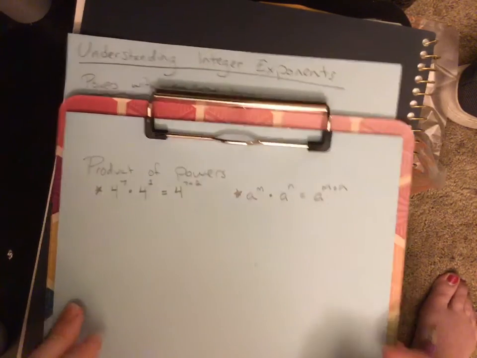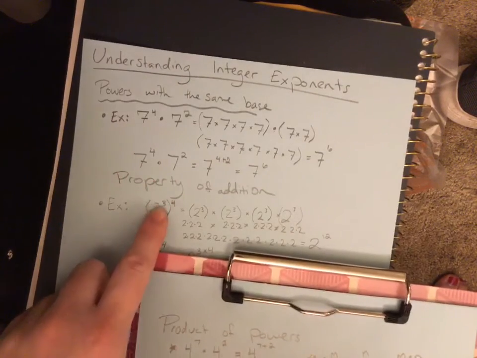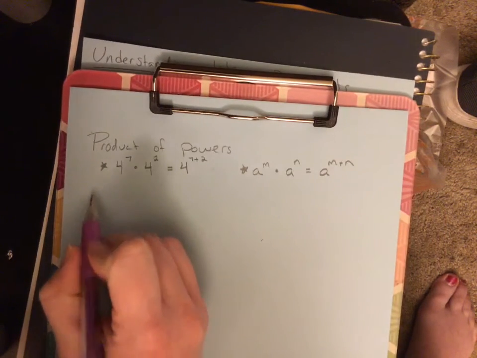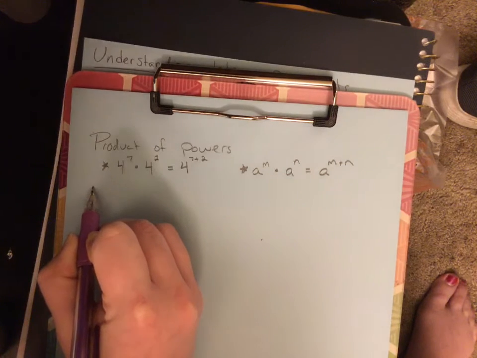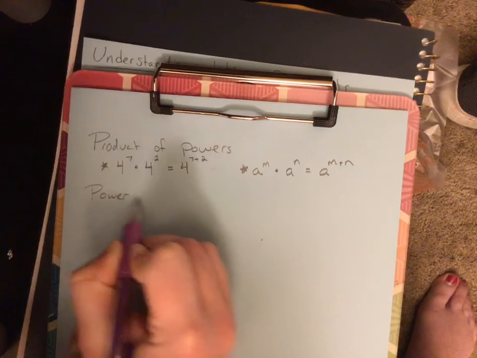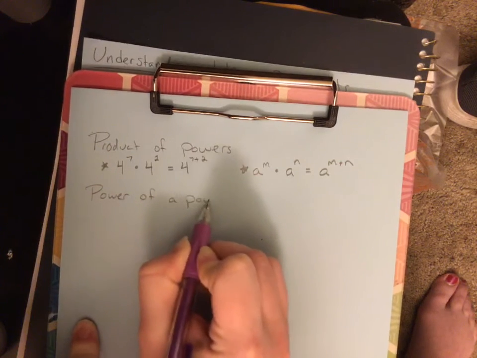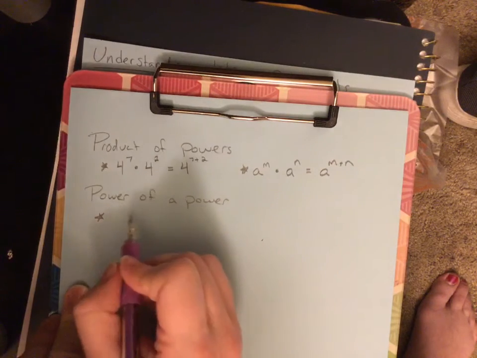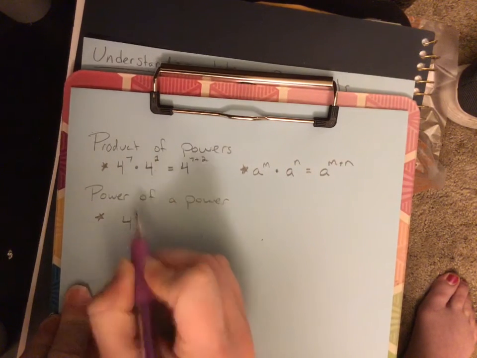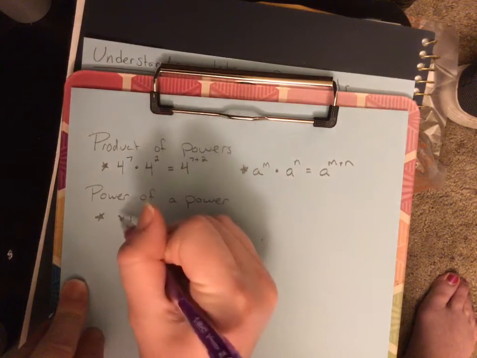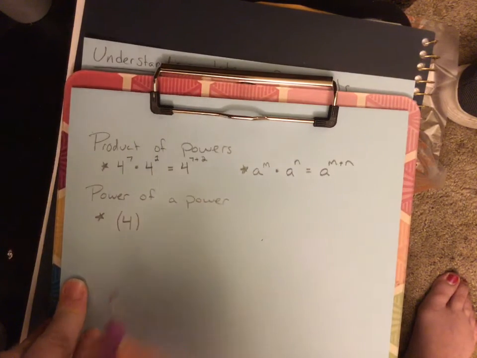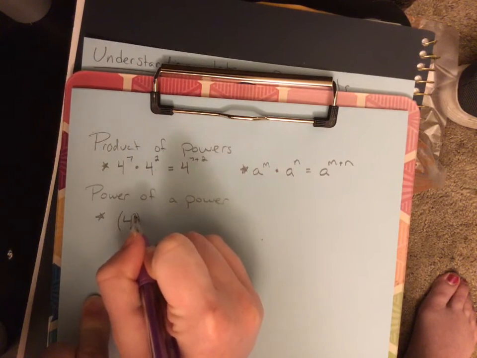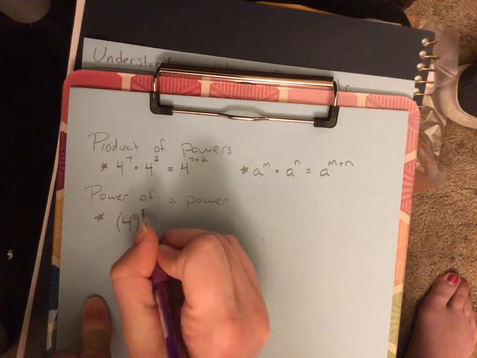the next one we talked about, this one is a power raised to the power. So we'll call that the power of a power. And I'm going to keep using 4 as my base, because that's a nice number. 4 to the 3rd power, all of this to the 5th power